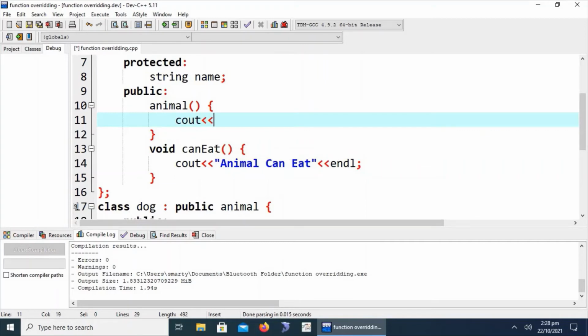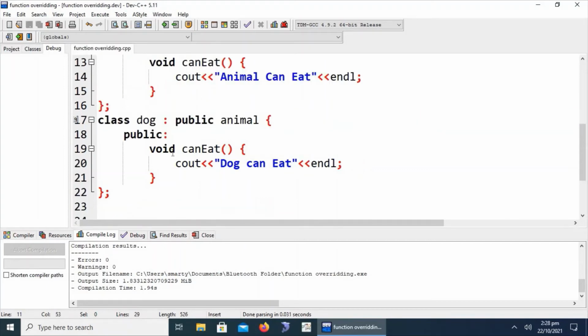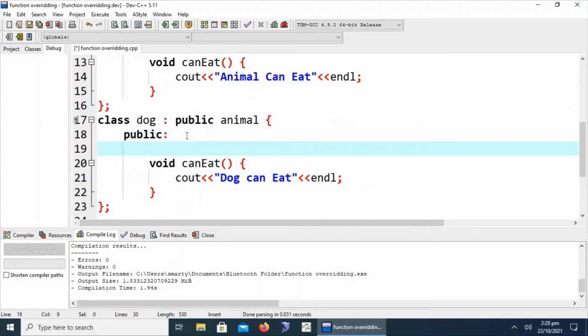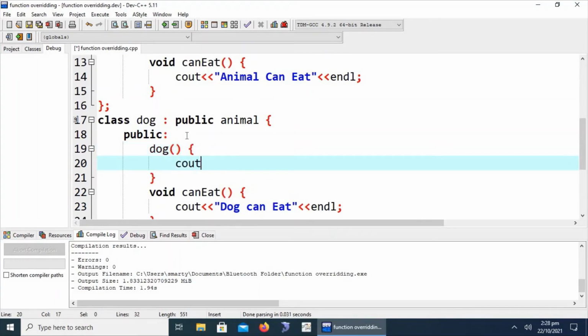We are writing here cout constructor of base class, or animal class. Similarly we have to write here the dog constructor of the derived class. We write here cout constructor of derived class.